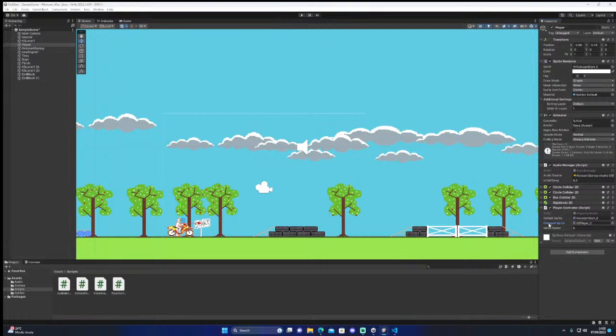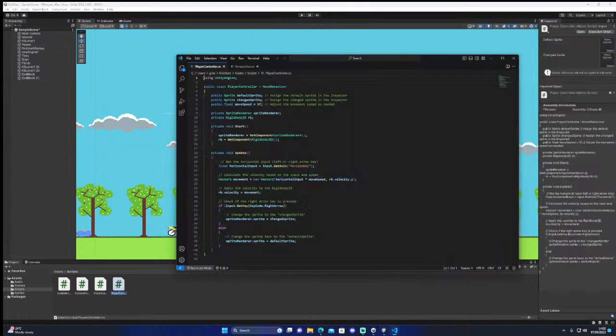Change sprite. I don't think this is right at all. I don't need a default sprite because he just is. But it needs to know what to change back to, doesn't it?